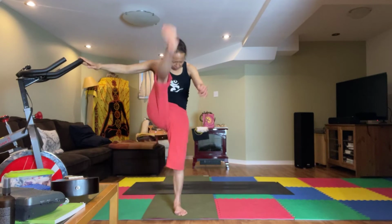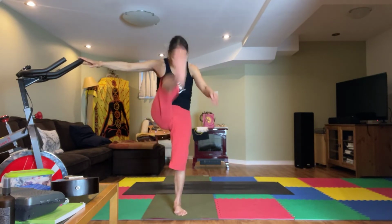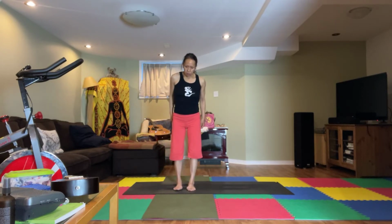And then the other leg. And then release. Okay, so one more, toe presses. Stand your feet close together, bring the arms up, turn the palms up. Inhale, lift up off the heels. Exhale, come down onto your heels, lift the toes, rock back, and then come forward again, push into the roots